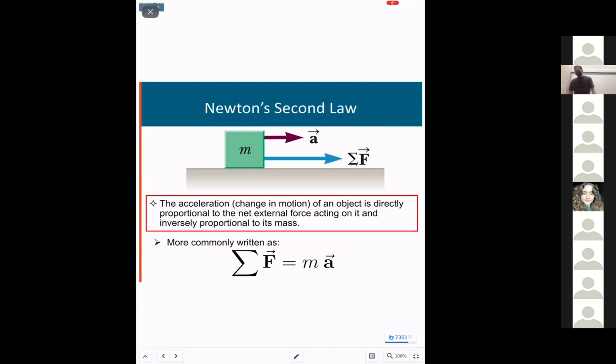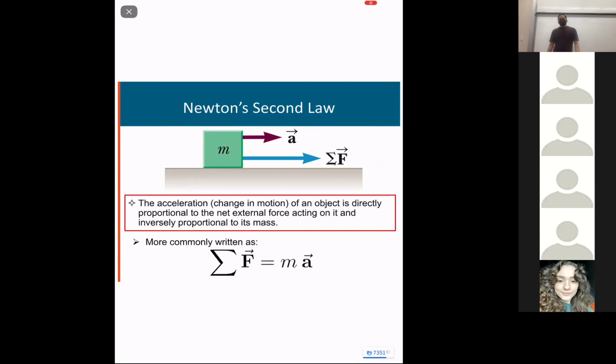And then we had Newton's second law, which is a mathematical formula that quantitatively captures the first law. And again, there is no mathematical derivation for it. It is based on thinking and experimental observation, and then inspiration. And the idea here is that